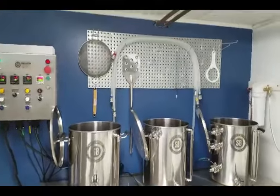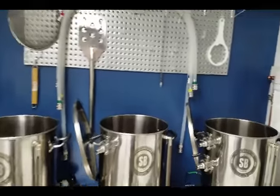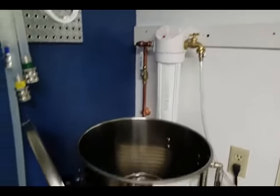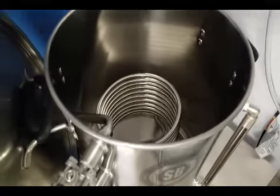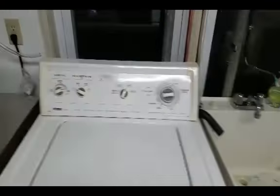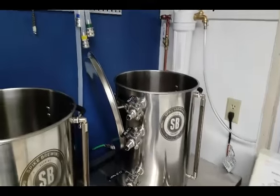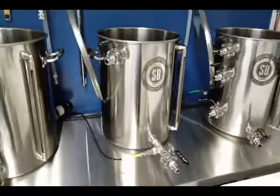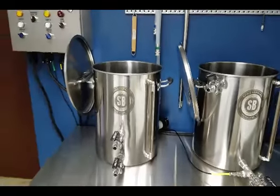And the pegboard is going to be really nice for keeping me organized. I'm excited to have this inline carbon filter for my water to fill up my hot liquor tank, and that means I don't have to carry the hot liquor tank over to here once it's full, which is nice. And then bring that hot liquor tank water over to the mash tun, real nice and simple, with the pumps,